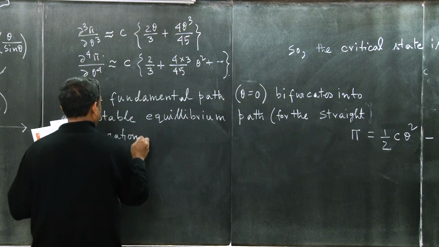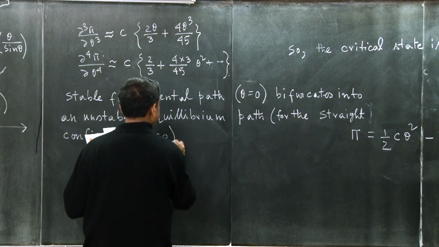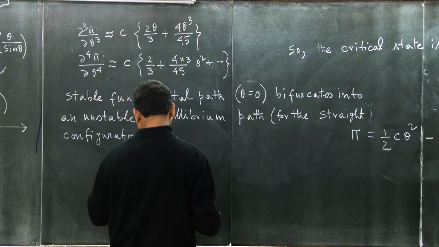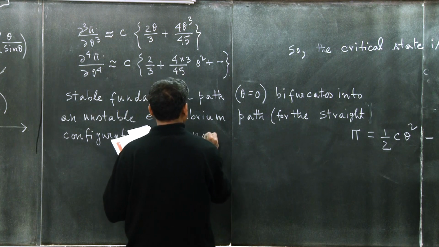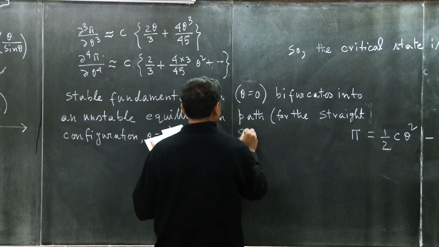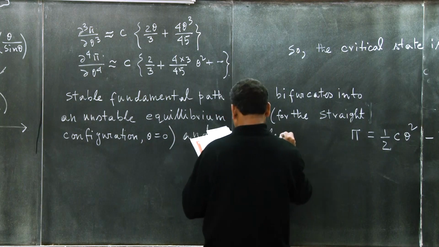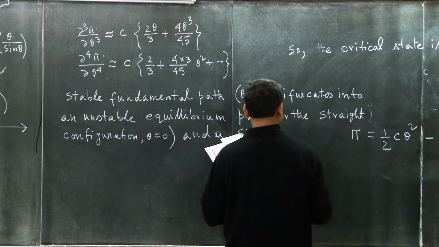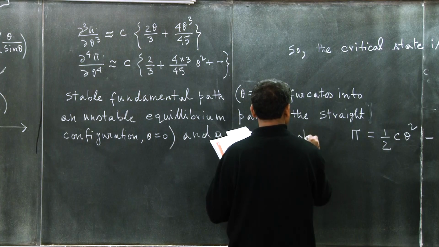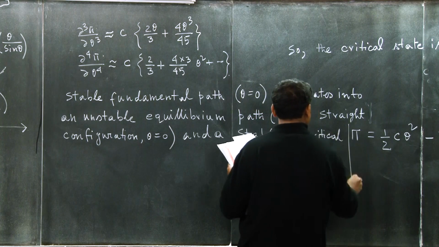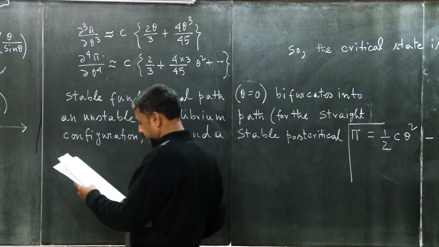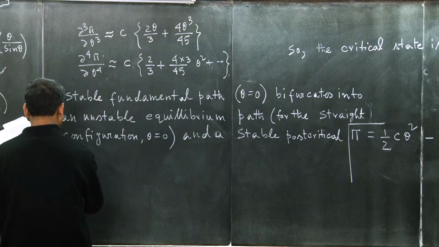Configuration is theta equal to 0, unstable equilibrium path, and a stable post critical equilibrium path